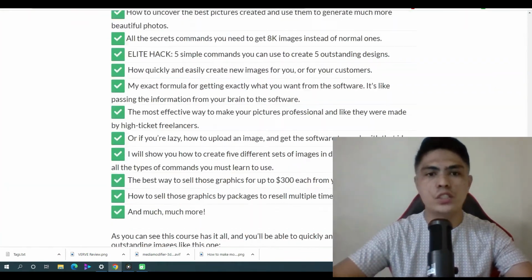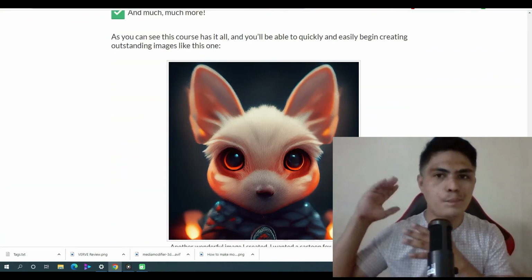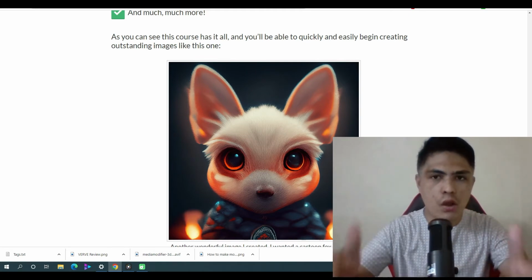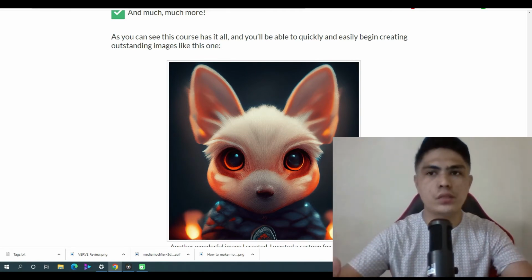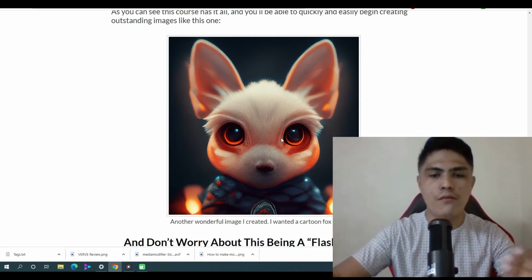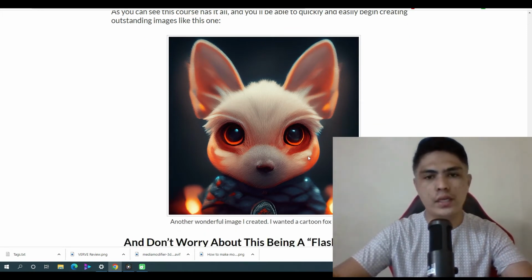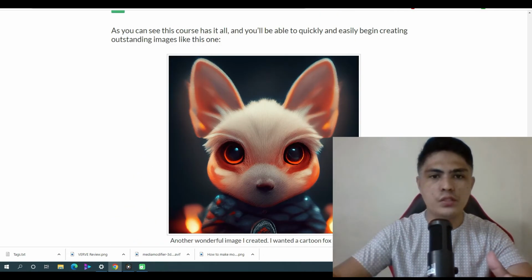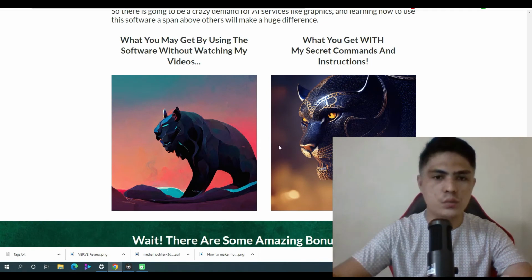You just pass your imagination into this artificial intelligence, and this software will turn your imagination into reality, just like this one right here. This one is a realistic 3D render. It's a really, really beautiful image right here, like this one, which is a phantom knight that has this golden armor right here.